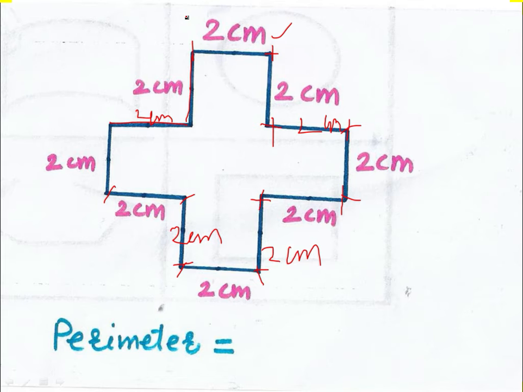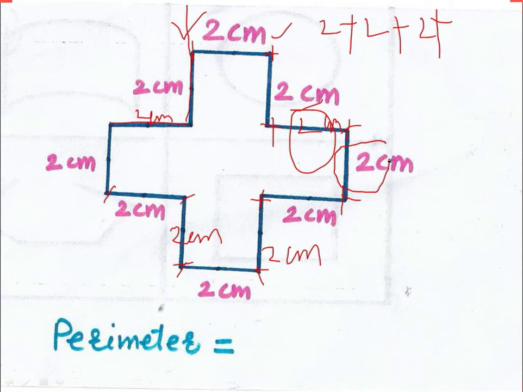Now what we have to do, we have to simply measure the total distance of all the border or the sides of this shape. How can you do it? You can simply add this 2 plus this 2 plus this 2